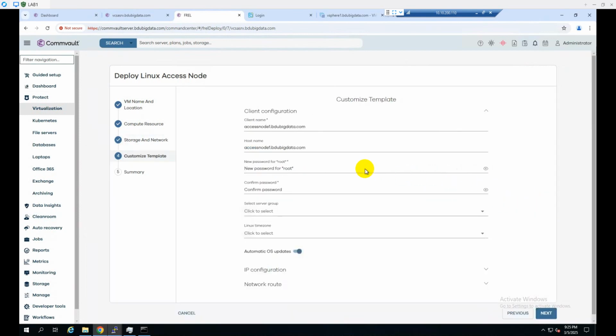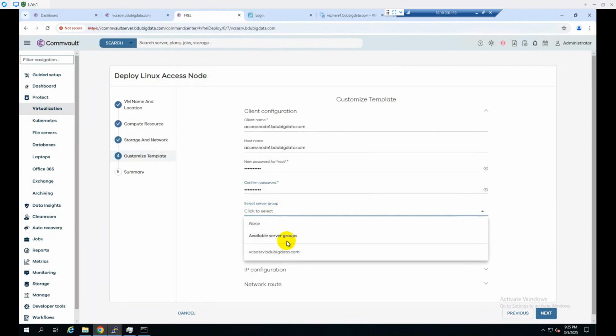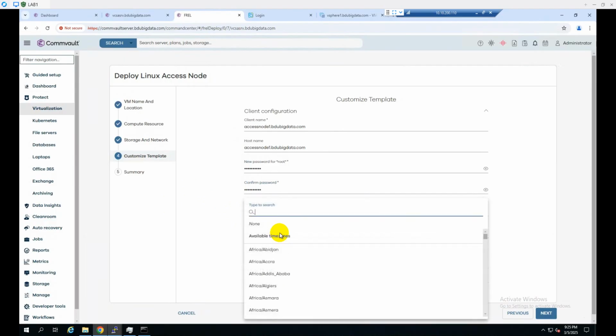Click next. Then the host name and password for my machine. This password is for the access node root credentials. Then server group. If we can create any other group, then it's fine, but I have a group with vCenter server, so I'm placing this VM in there. And here I need to find